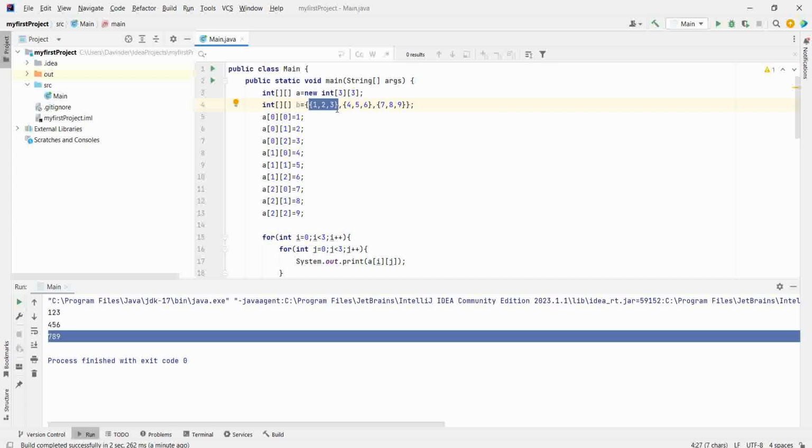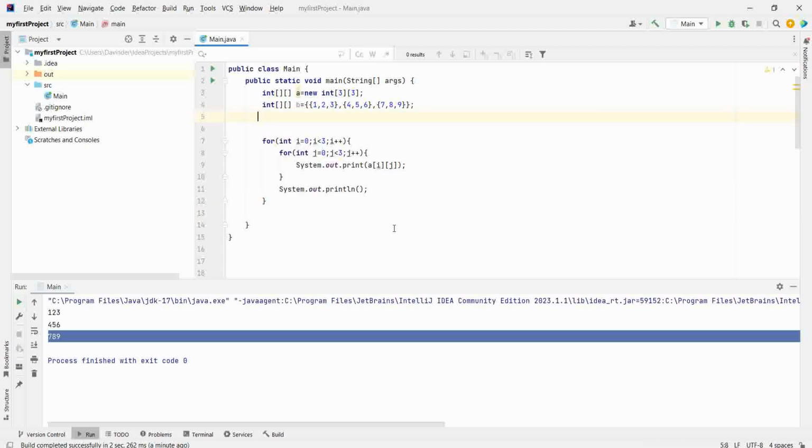Like b of 0 0, 0 1, 0 2, b of 1 0, 1 1, 1 2, b of 2 0, 2 1, 2 2. If you print b over here, then you will see the output. It is exactly the same.